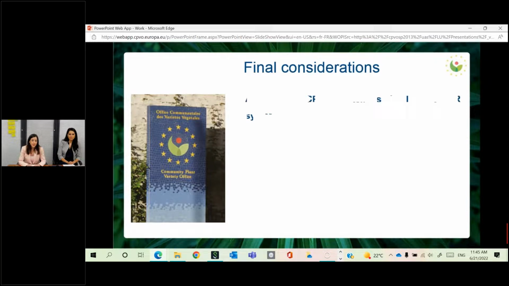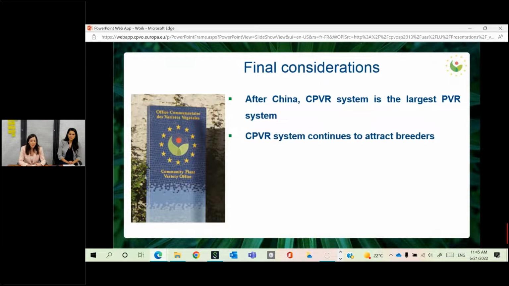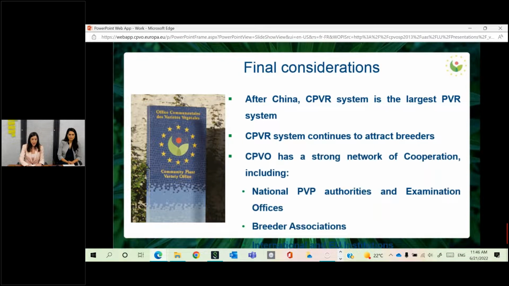And to conclude, after China, our community plant variety rights system is the largest plant variety rights system in the world in terms of applications. The community plant variety rights system continues to attract breeders. So for now, we have reached the milestone of 30,000 community plant variety rights in force. And we take it as an indicator that we are doing something well, because breeders keep trusting us and relying on our services. And finally, I also wanted to share that the CPVO has a strong network of cooperation,